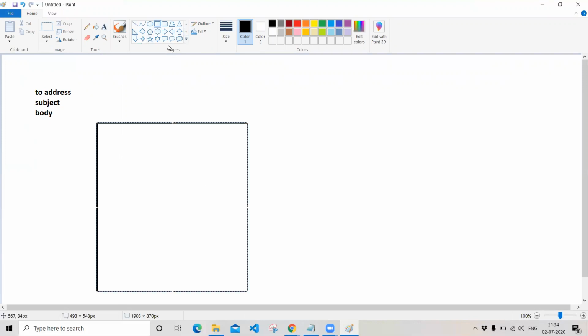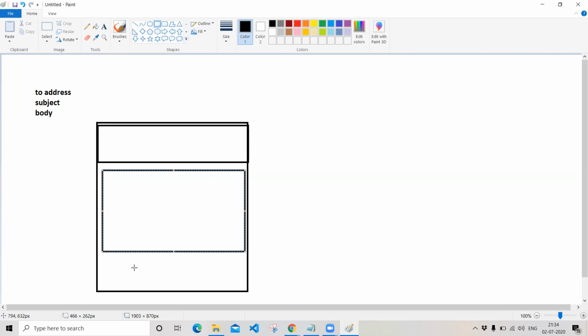The template is divided into three sections, namely header, body, and footer. So this is a normal representation of a template. Template is nothing but a representation of your email, and describes how your email looks.